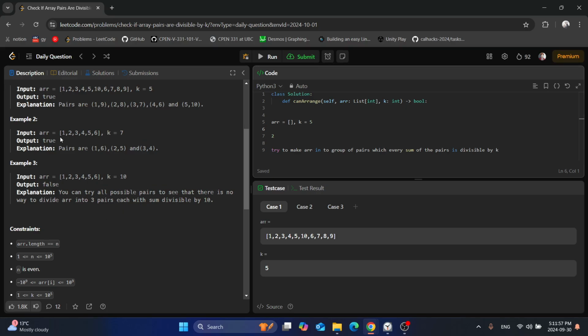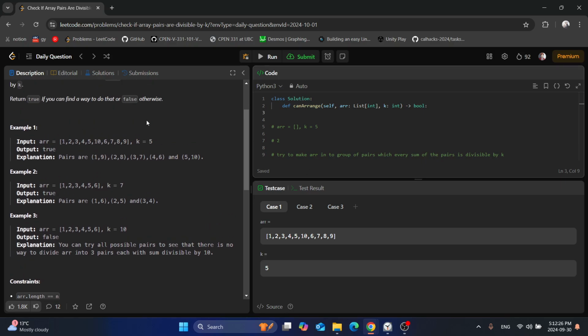So you may ask, will this guarantee it? Let's try to see if it guarantees. Okay, the moment we look through the whole array and couldn't find the element, then we can return false. Right. So it looks easy, but let's see what the edge cases are. So to code this out,